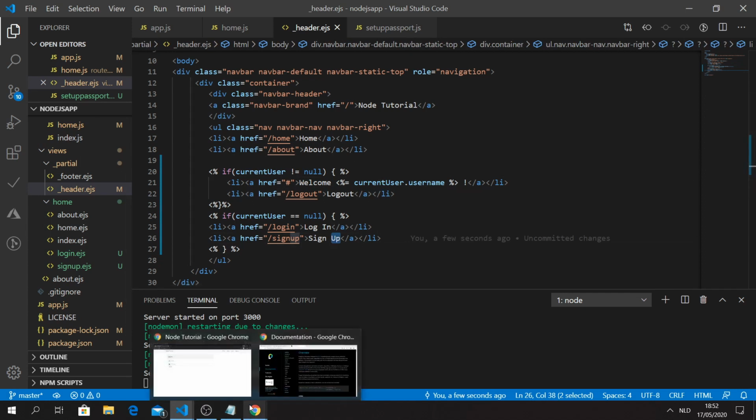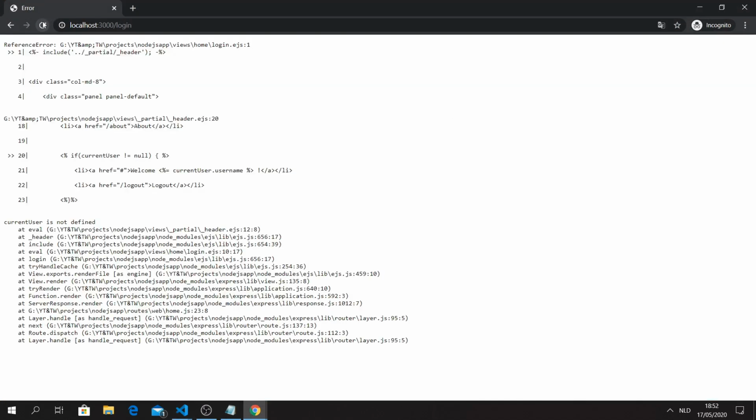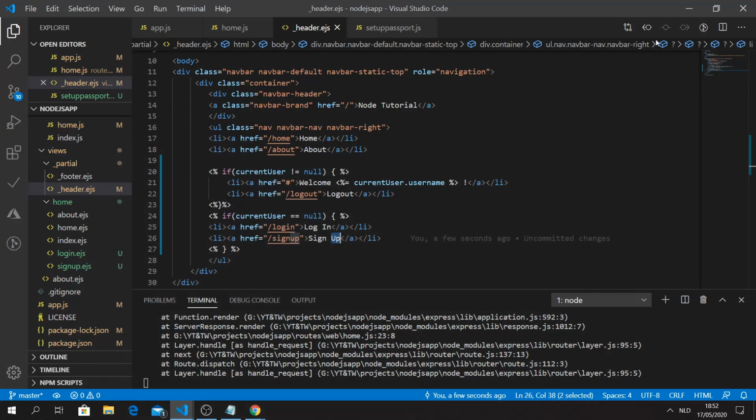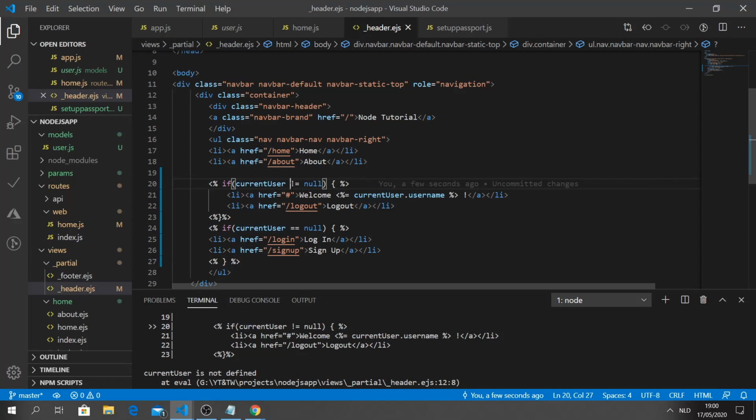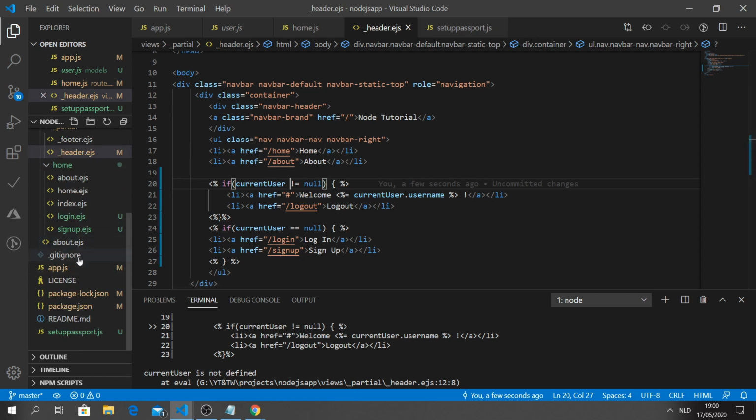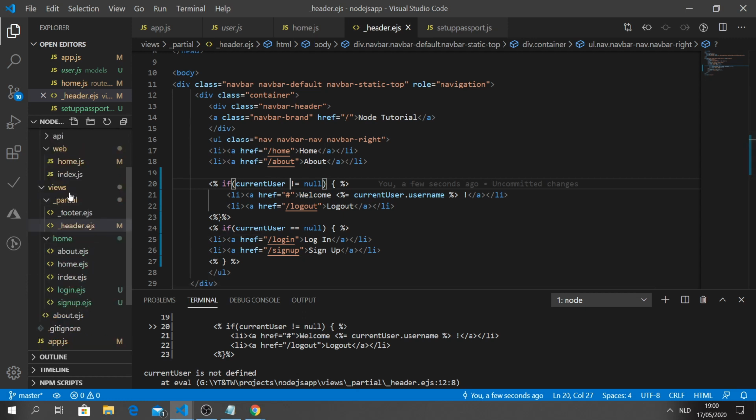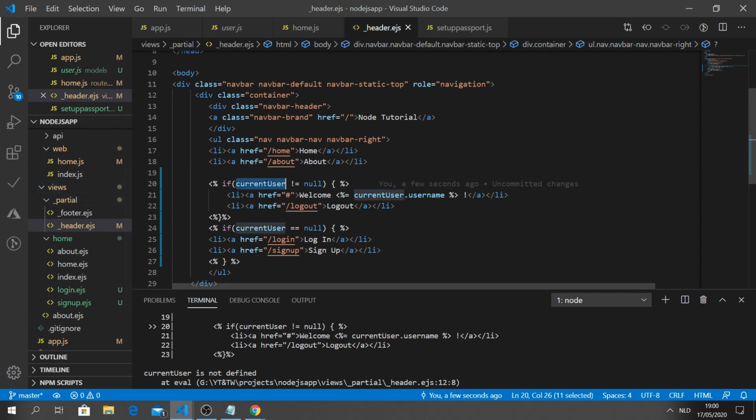Let's take a look. What happened now? Okay, we have an error. The error is that current user is not defined. And why is the current user not defined? Let's take a look. And of course, I forgot a very crucial step. This is why last episode we wanted to separate the routes. We still have to add this current user object to our route, right? So if we go to home,